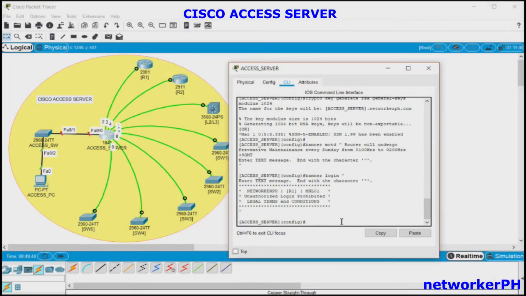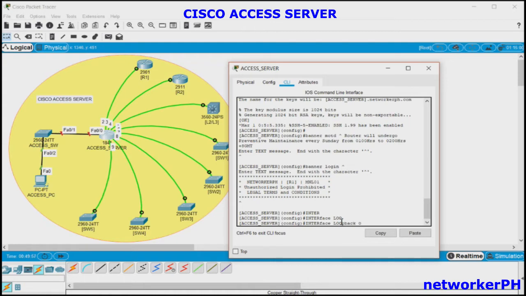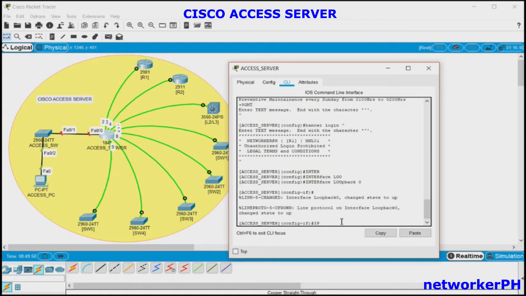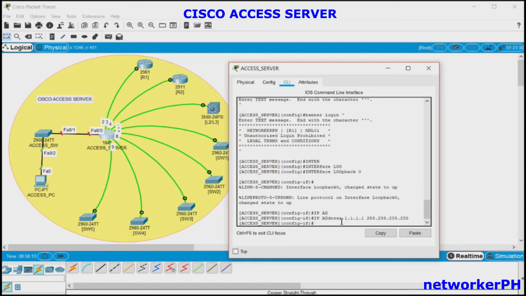So we can now configure the loopback interface to be used in the reverse telnet session. Just issue the command interface loopback 0, ip address, let's just say 1.1.1.1 255.255.255.255. After that, we can now configure the local IP host to utilize the loopback interface and the respective async line